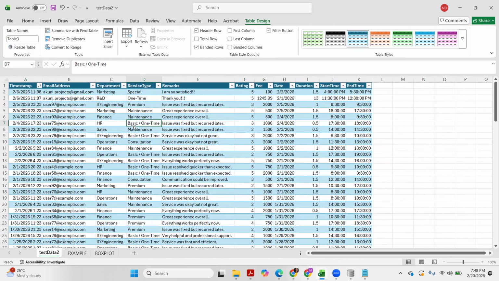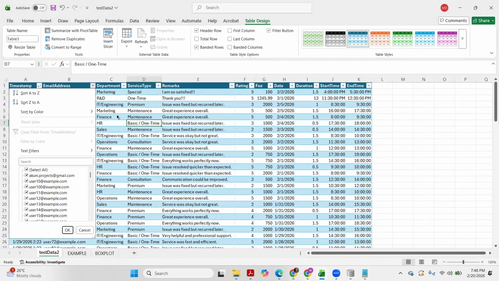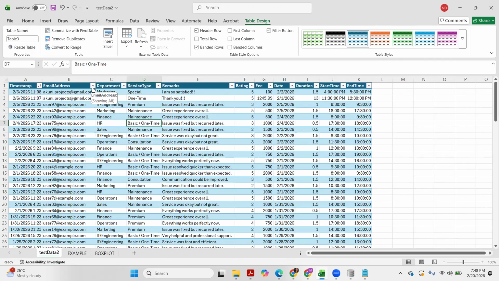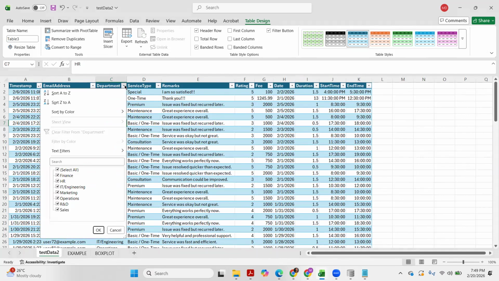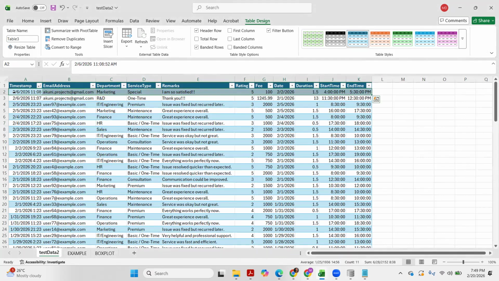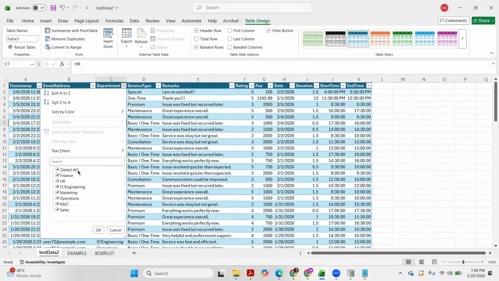Another thing that we can do in Excel with our data set is what we call filtering. We can filter out anything that we don't want to see or want to hide. For example, it's already arranged from the most recent to the oldest, but I only want to see feedback from marketing.